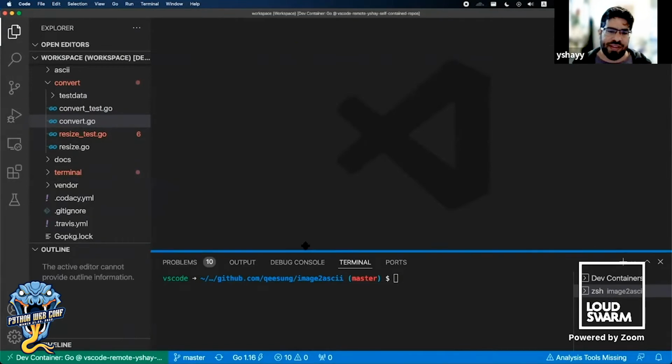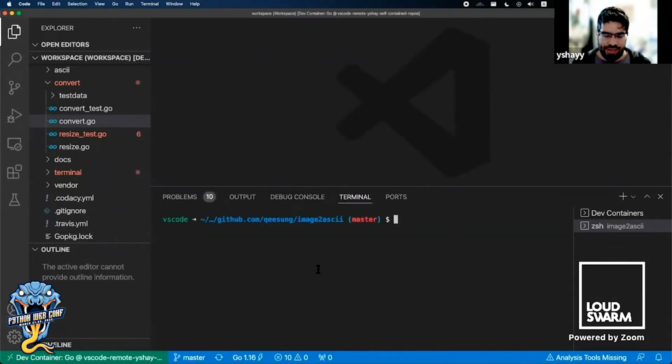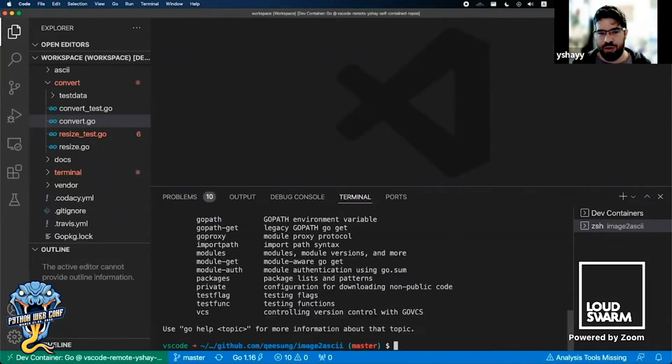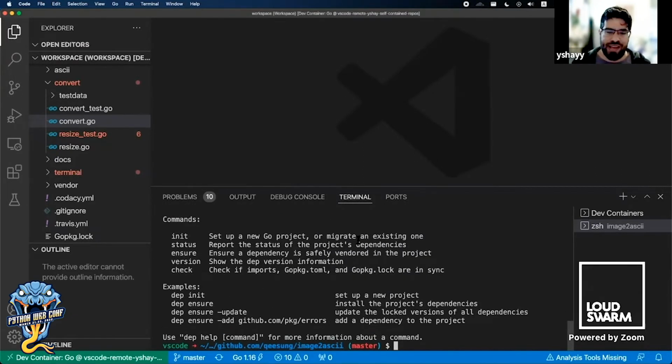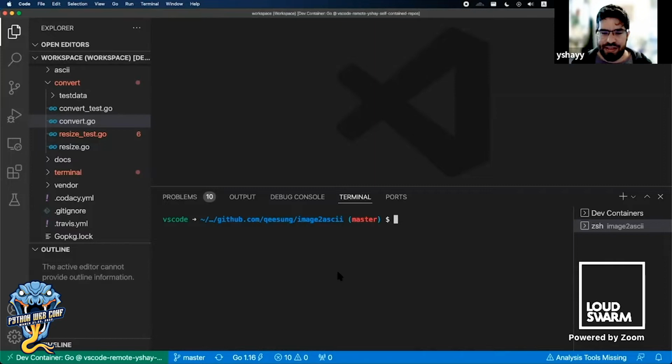So this is like a regular VSCode, and you can see that I have Go here, and I have dep, which is an old dependency package manager for Go. And the thing is, if I show you for a second,